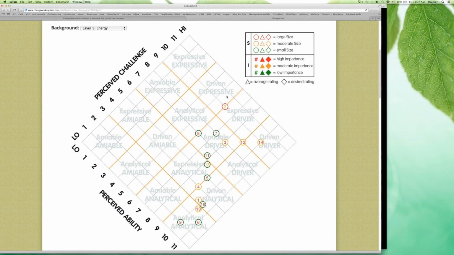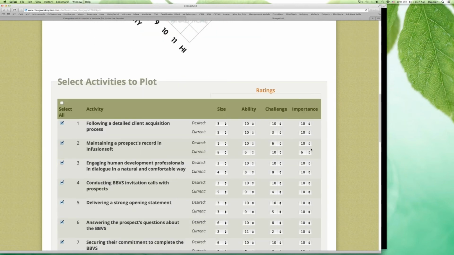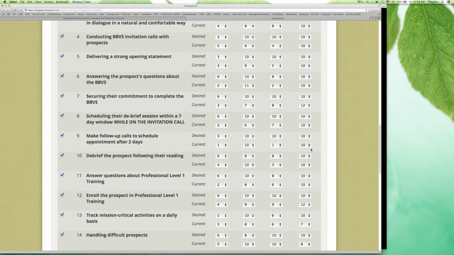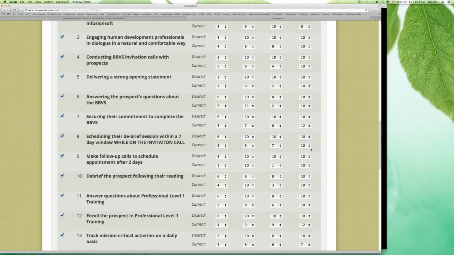So even though you see us using labels on this energy level that come from that world of psychometric profiling, don't let it get into that bucket. We talk about these labels as being an energy that someone's experiencing around the activity rather than as a personality type or something like that. And so I said to you guys that Stephen is showing himself to be a driven driver. So this is someone who's determined to do something, and they're going to do it by just doing it, pushing it forward on activity number 14. And activity number 14, if we scroll up a little, was handling difficult prospects.